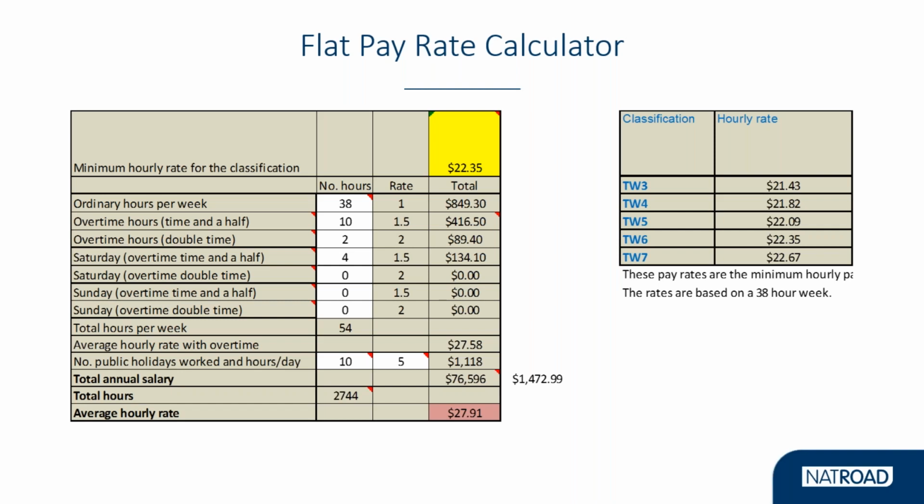But basically, this is set up to demonstrate an employee who is working 54 hours a week, so notionally 10-hour days plus 4 hours overtime on a Saturday. So by filling out that, so the 38 ordinary hours a week, doing 10 hours a day means that across a week, there's 10 hours at time and a half and 2 hours at double time across the day. So 7.6 hours, then the first 2 hours at time and a half, it leaves you that balance of 0.4 at the double time.